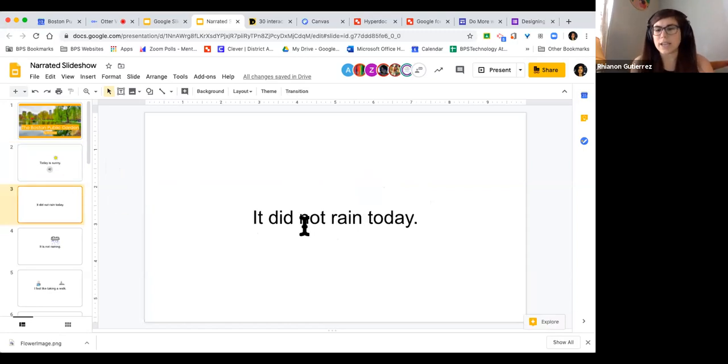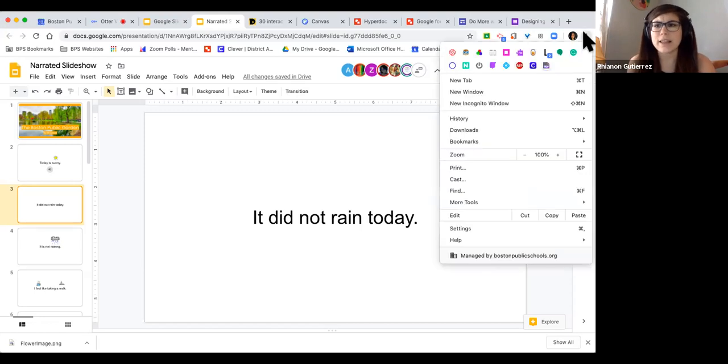So I just typed my text. Now, the image is coming from a tool which Kate can post in the chat called Read and Write for Google Chrome. This is available on all student Chromebooks. It should be available for you in your Chrome browser as a teacher. If you do not see it, the link that Kate is posting will allow you to download that extension so that you can use it. It is free for you to use because we pay for it as a district for everyone. With that being said, let's check out Read and Write and how we can use it with slides.